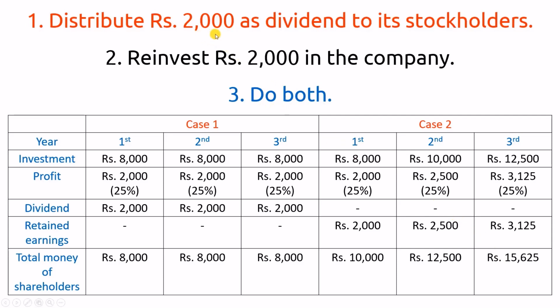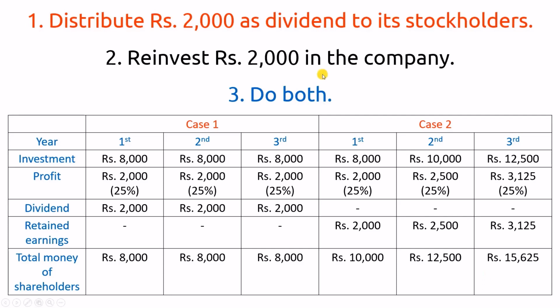So this is why the company goes for the third option. Some part of the profit is given as dividend, and the rest is invested back in the company. I have kept the profit percentage the same for all the years, just to make this simple for you, and just to give you an idea of how the company can grow by reinvesting the profit back into the company.